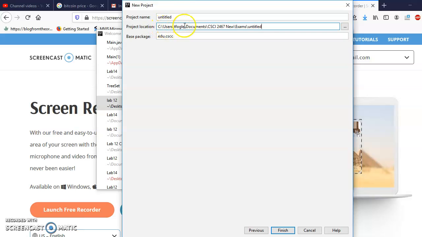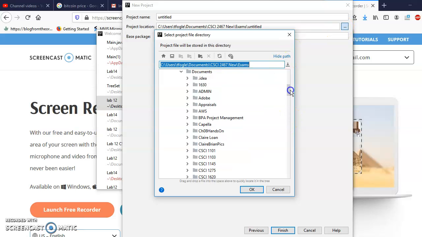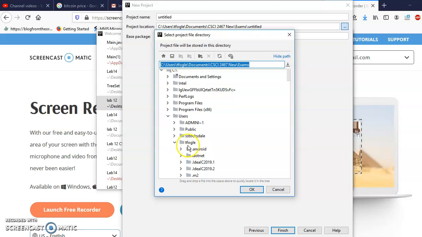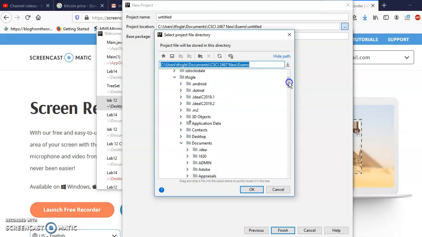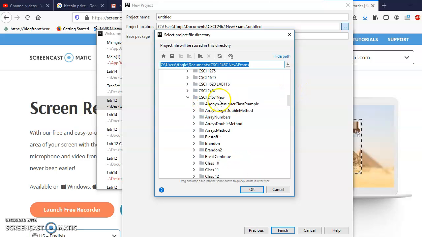c:\users\my name\documents\2467 new. Okay, all that is fine so far, but I don't want it in my exams folder. And you may not want it exactly where it's telling you it's going to put it, and you're going to want to decide that for yourself. So I'm going to click these ellipses here, these three dots, and I'm going to navigate. Now I can tell where I am in my entire computer. I'm in users, I'm in my name, I'm in documents, I am in 2467 new,